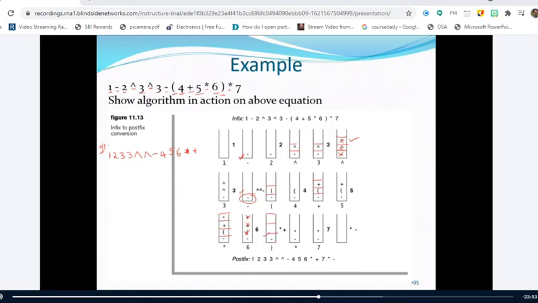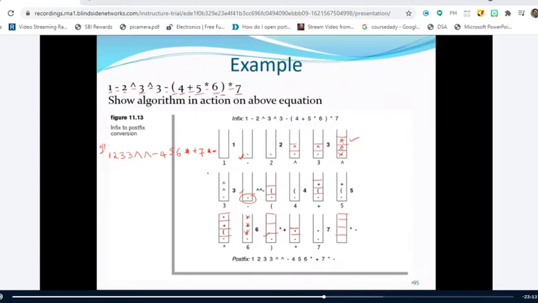And again, the token read is star. Star has a higher priority than minus. So perform a push operation. And the last one is 7. Place it in the output, and you have reached the end of the expression. When you reach the end of the expression, you have to check the stack. If the stack is empty, leave it. If the stack is not empty, you have to perform the pop operations until the stack becomes empty. So pop this star, place it in the output. Pop this minus and place it in the output. So you have reached a position where the stack is empty. So this is the end of your algorithm.